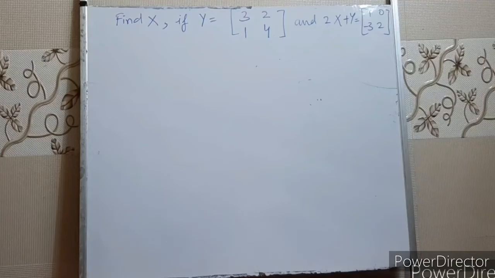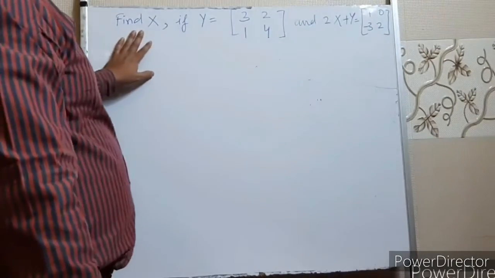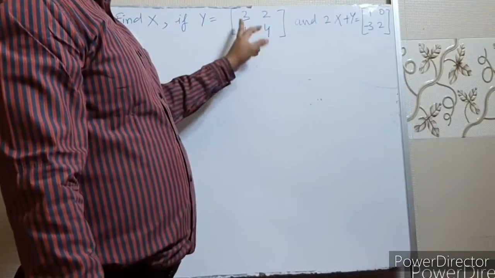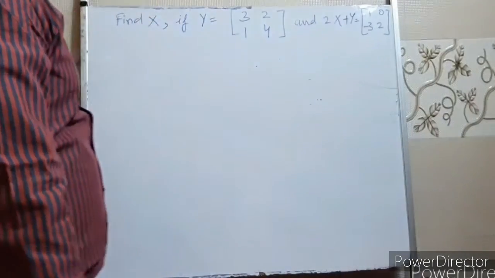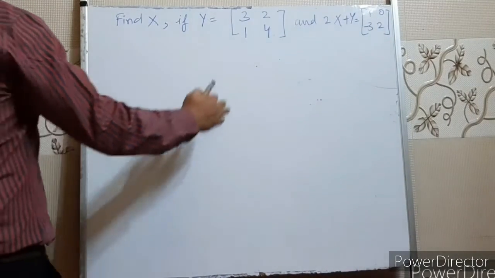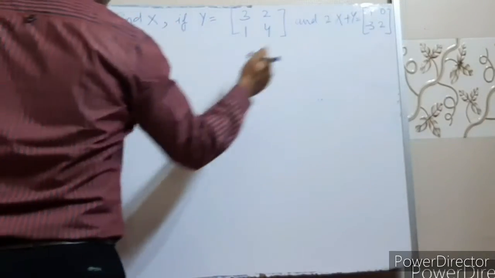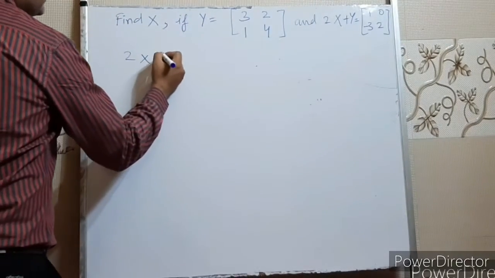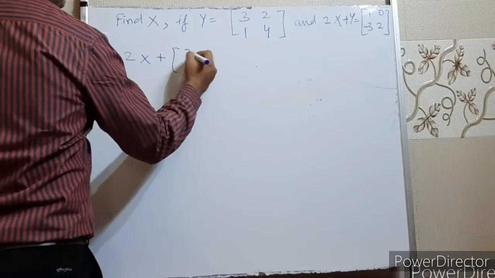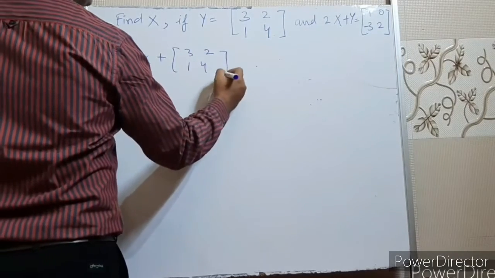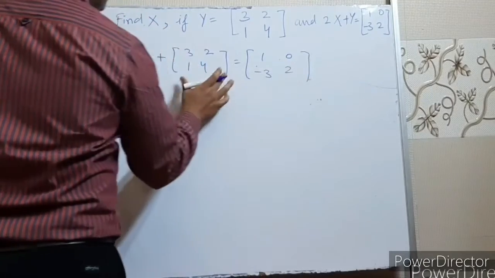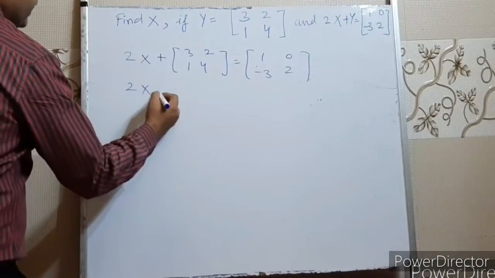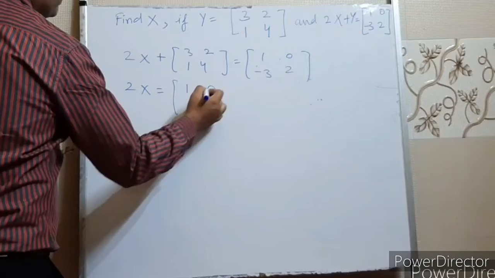In this sum, we need to calculate the value of matrix x when y equals 3, 2, 1, 4 and 2x plus y equals this matrix 1, 0, minus 3, 2. So when we substitute this value of y in this equation, what will we get? 2x plus 3, 2, 1, 4 is equal to 1, 0, minus 3, 2. Transfer this matrix to that side, you'll get 2x is equal to